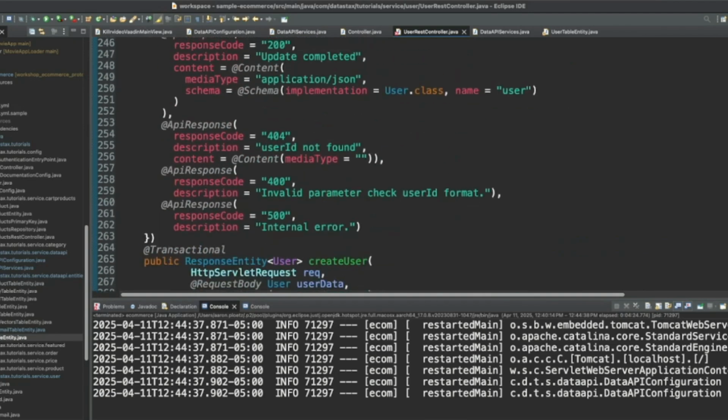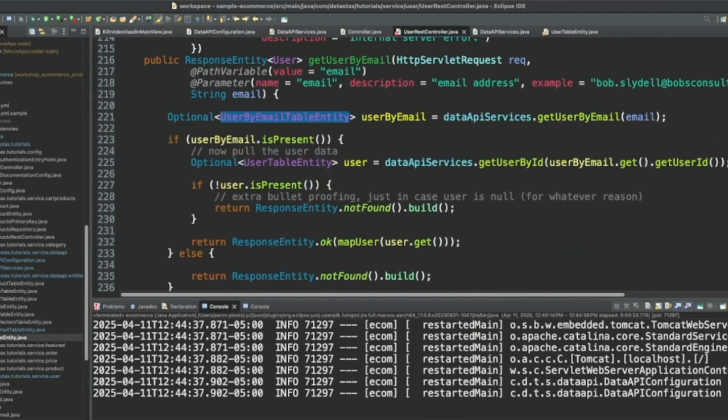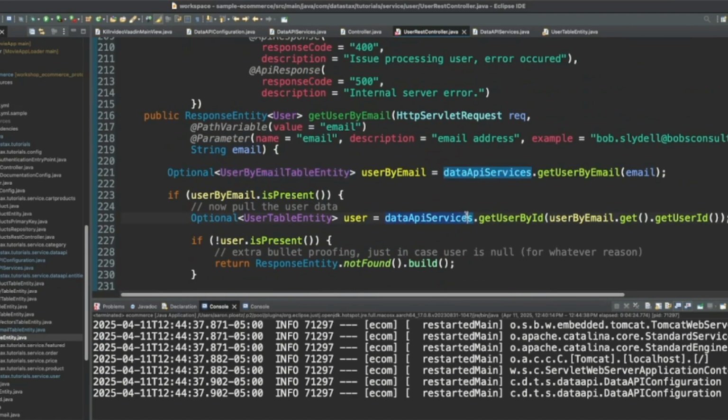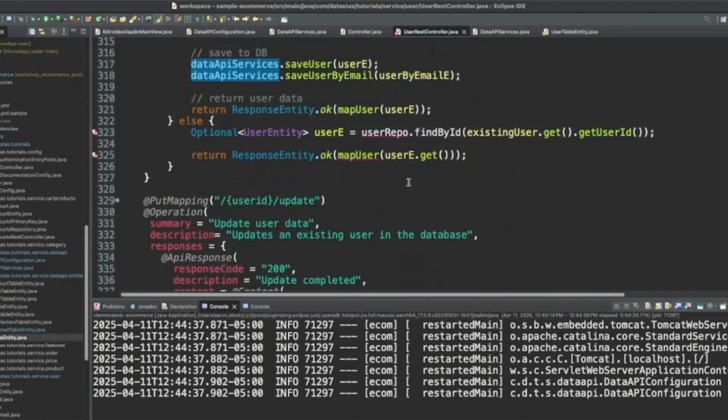Data API Services, get user by ID. There we go. And user table entity. All right.